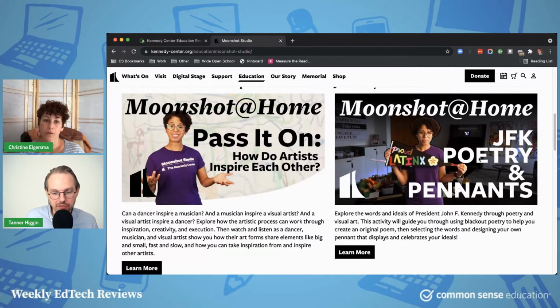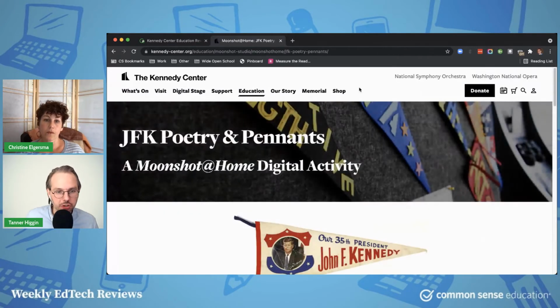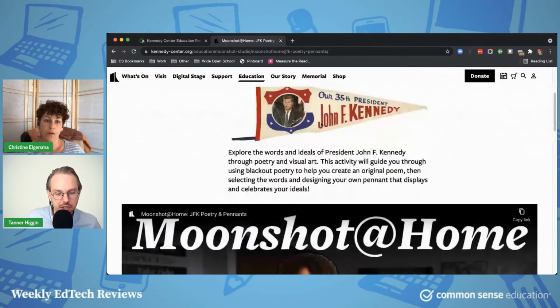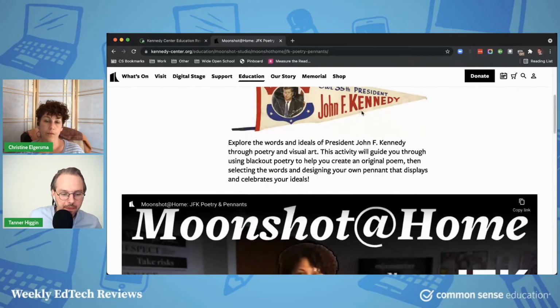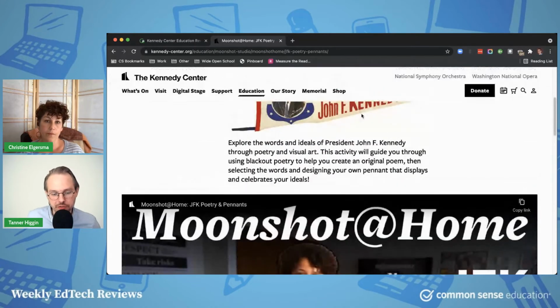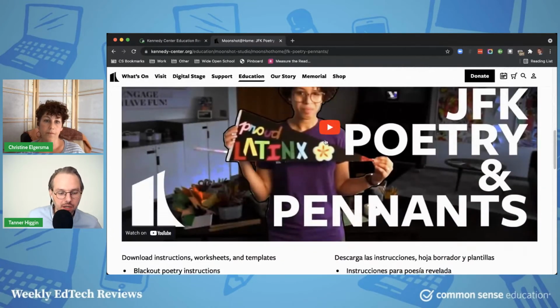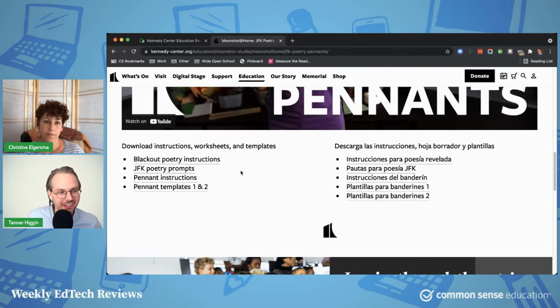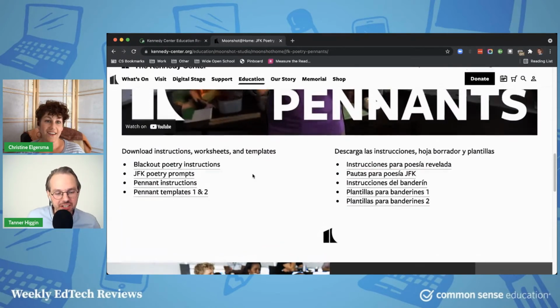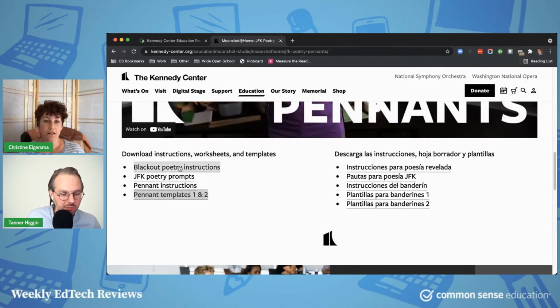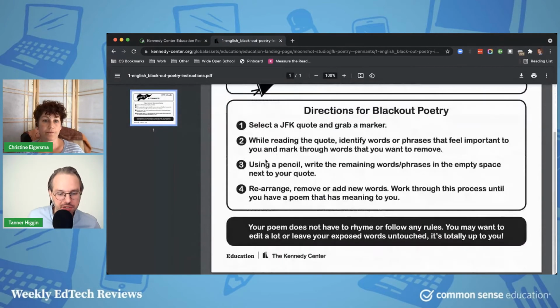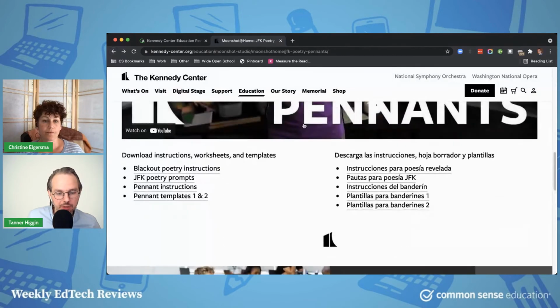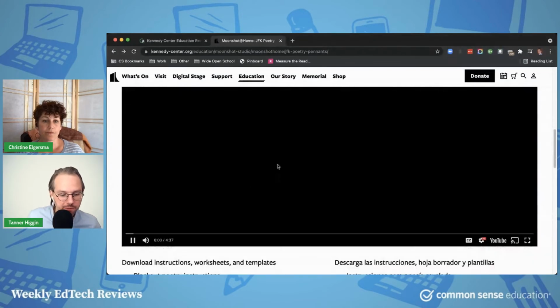So here you have blackout poetry, if you're familiar with that kind of common school activity, combined with the life and words of John F. Kennedy, combined with creating a pennant. And so there's this multi-layered lesson with these nice little extra resources, printables, with engaging videos